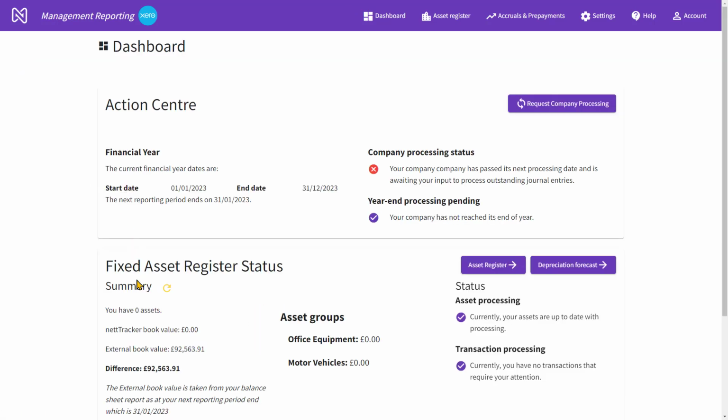So at that point in time, I can see that I've got balances that have been detected from Xero relating to my fixed assets. I have not yet got the asset register into nettTracker. I'm running on the financial year at this point, January to December 23, with the next reporting period not yet processed. Now I'm also going to monitor prepayments in this file,